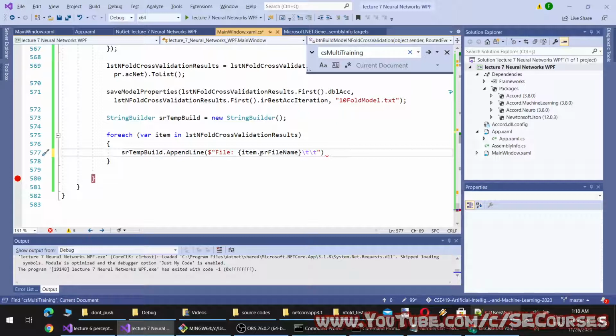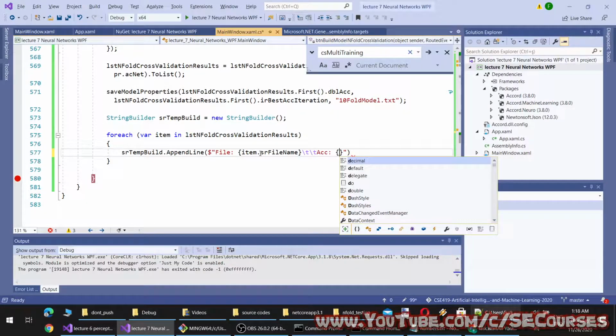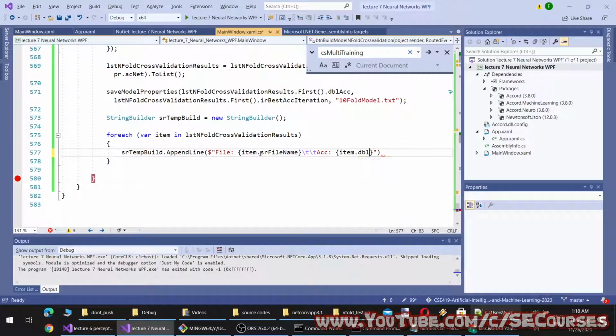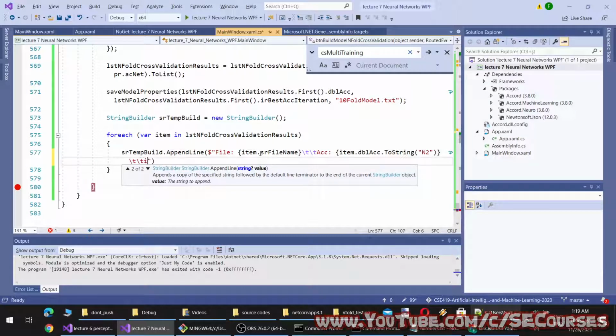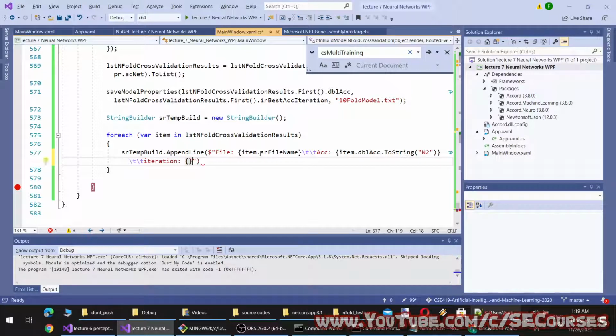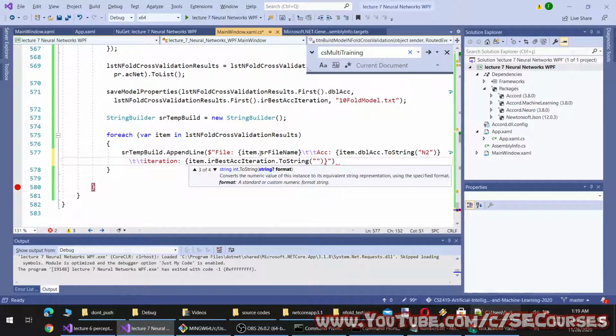File and iteration. Let's say accuracy will be equal to, and 2, and iteration will be item dot, and 0.